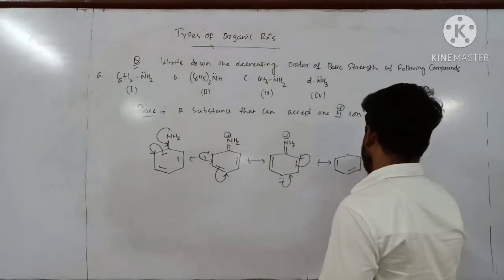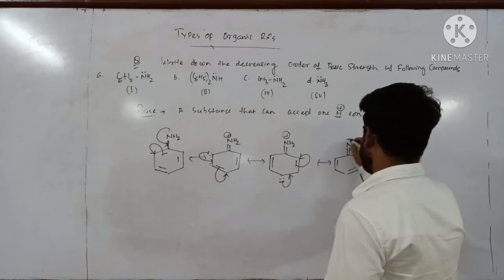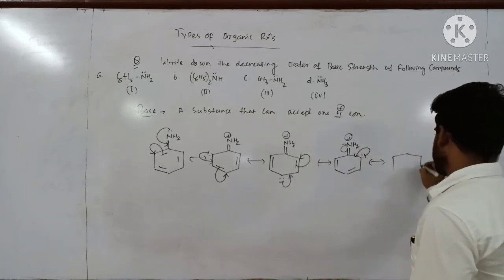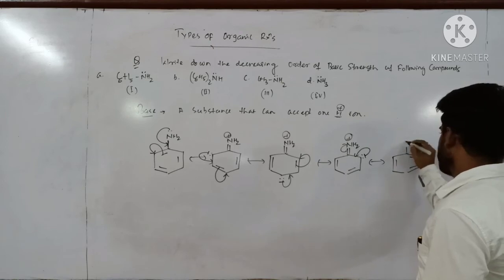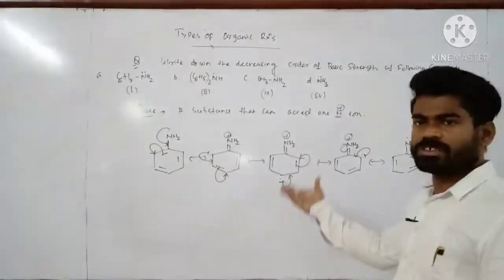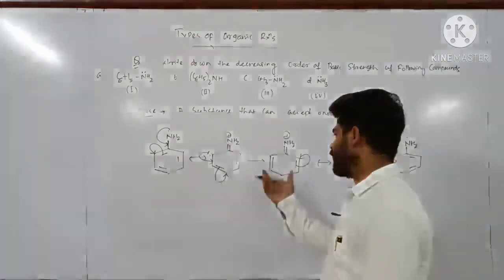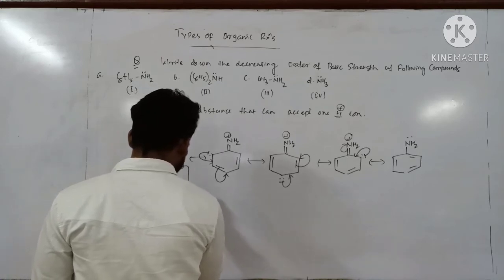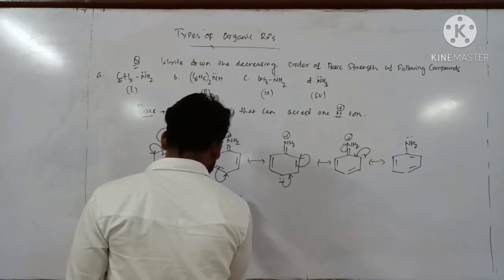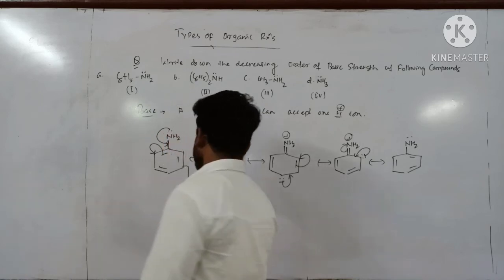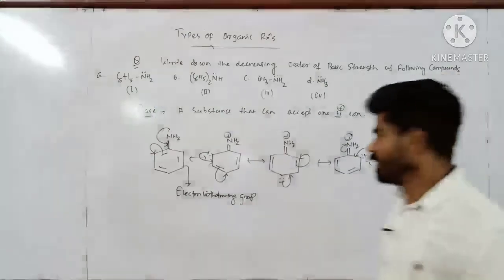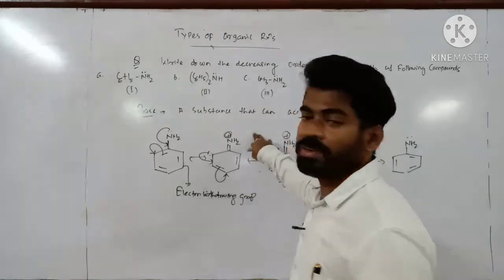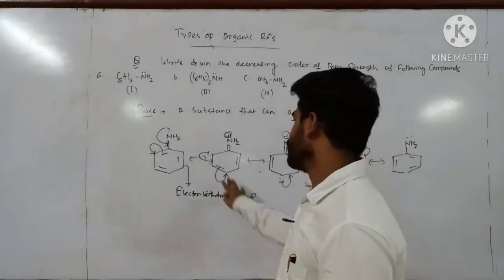This one, double bond, pair of electrons, plus. Now this negative comes here, this pi bond goes like that. Single bond, NH2. So look at these structures. Due to delocalization, this phenyl ring is an electron withdrawing group. That's why the nitrogen atom gets a partial positive charge. Right now there is no lone pair density over the nitrogen atom, so it never accepts one proton very easily. That's why its basic nature becomes less.